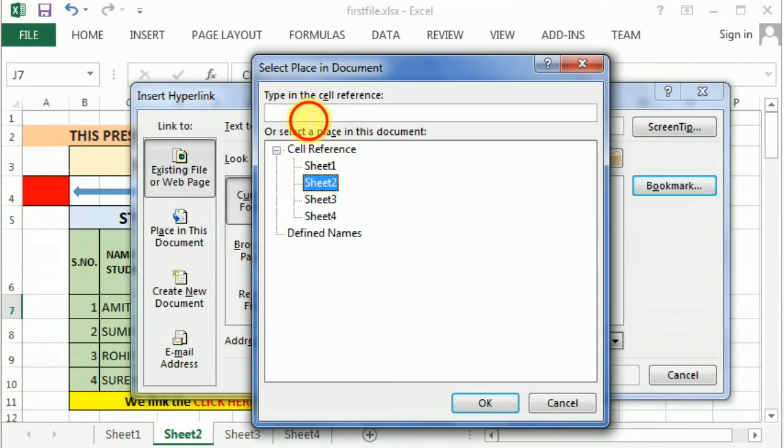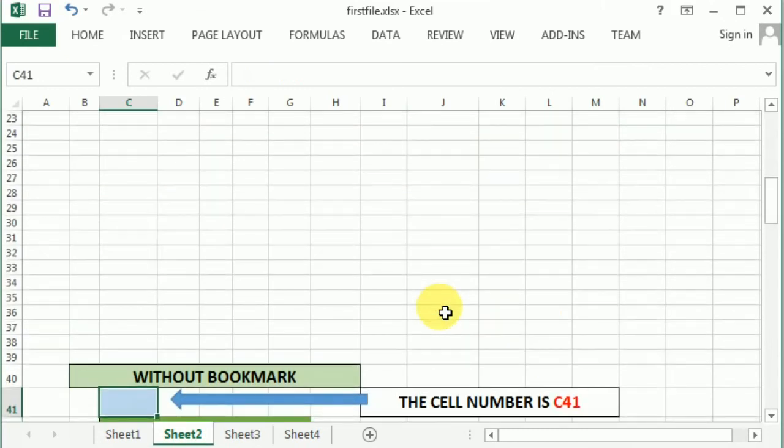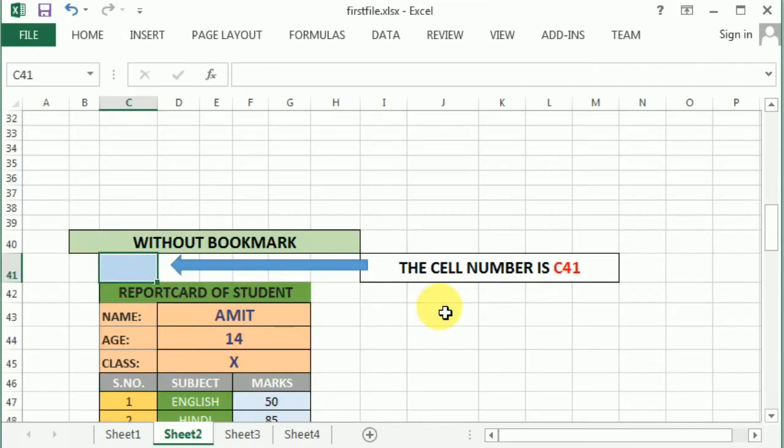Now we need to select the cell number, that is C41, and then press OK. Then press OK. There is the hyperlink. When I move my cursor to the click here and I click, it will jump. It will jump like this, and we are going to scroll down. Now we are at C41.